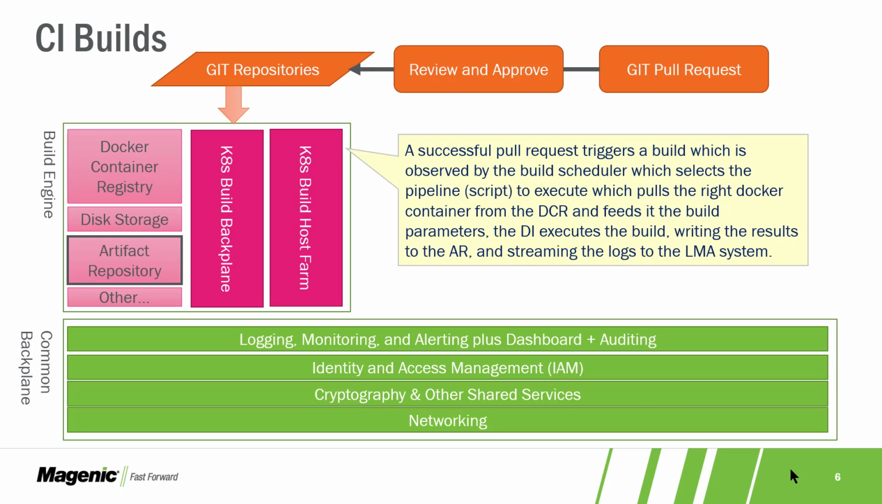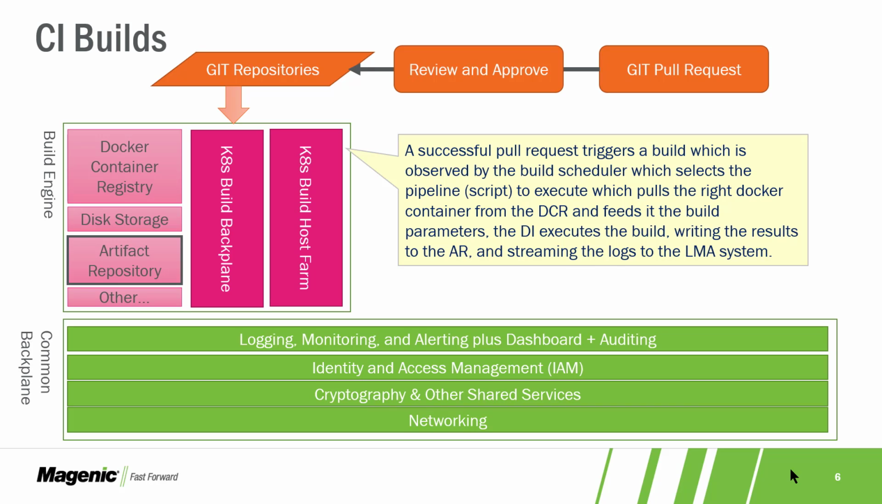And each Docker container image would have a slightly different tool chain for each need. So based on the scheduler that's triggered, it would pull the appropriate Docker image from the Docker container registry and use that to actually do our build. And the difference between that and building Docker images itself is that the output of a successful CI build is that we actually write the